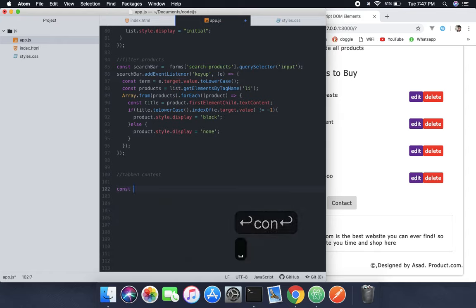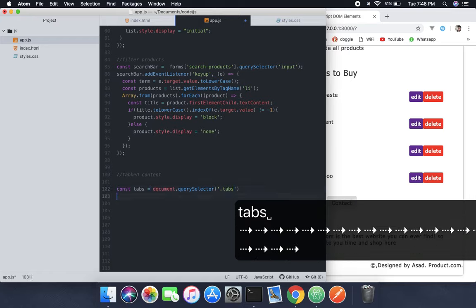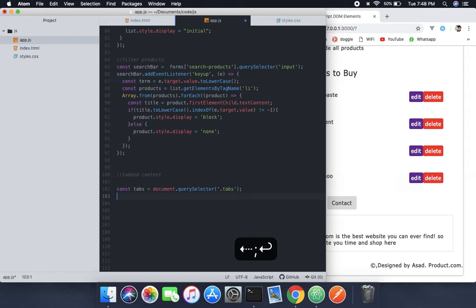So const equals document.querySelector, and it will return all the tabs. So tab, our main elements, and oh yeah, we need to name it something like tabs here. And then when we're done with that, what we need to do is const panel